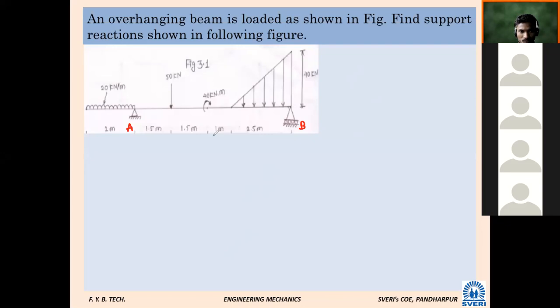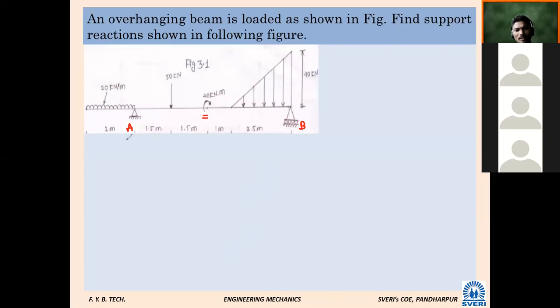My next question: what different types of loads are there on this beam? UDL, UVL, and point load. Along with point load, one extra thing is there: moment. Even one moment is also applied. Though it was asked in the university exam, it is very simple. So